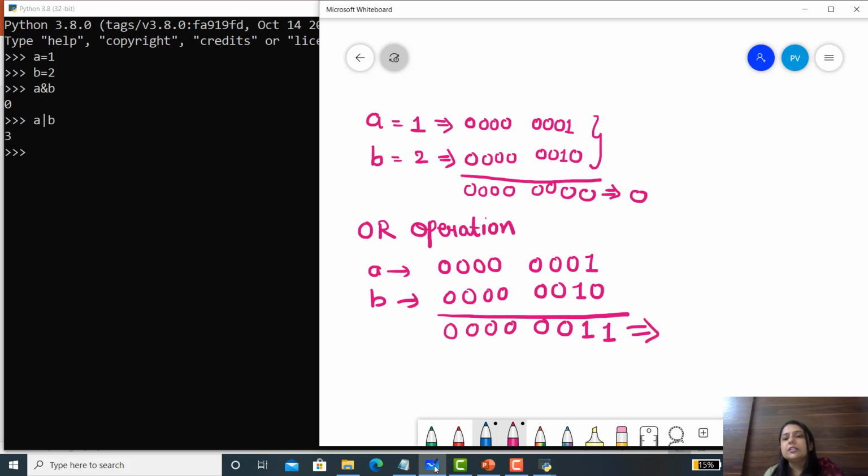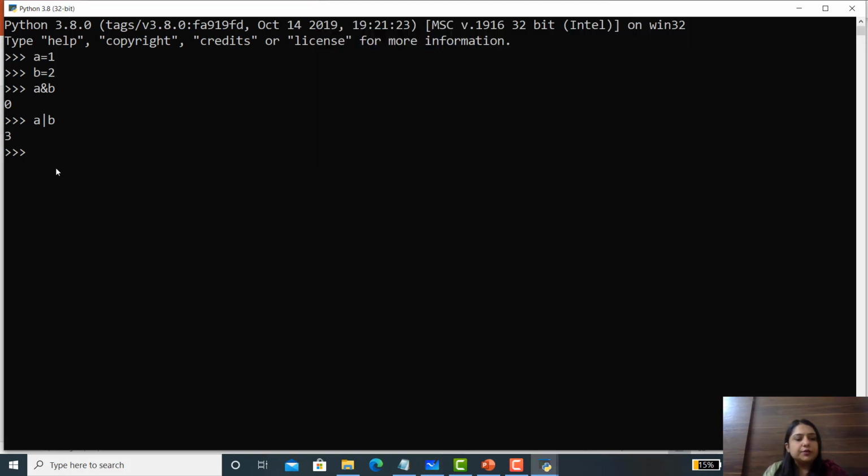If we convert this into decimal, we get 3, because here it is 2 raised to 0 and here it is 2 raised to 1. Adding 2 raised to 0 plus 2 raised to 1, the answer is 3.